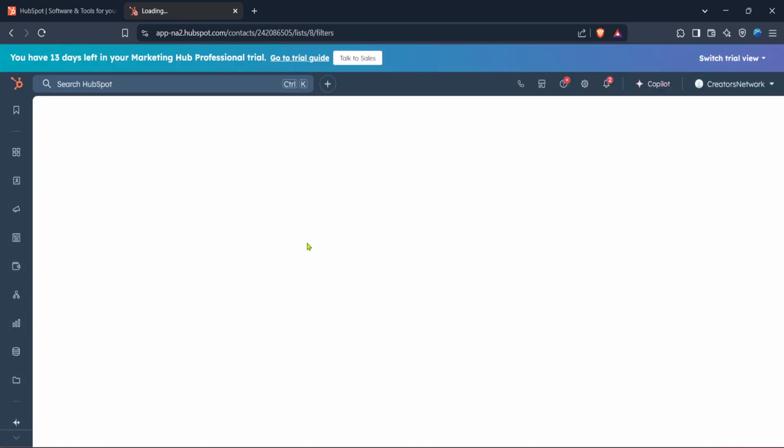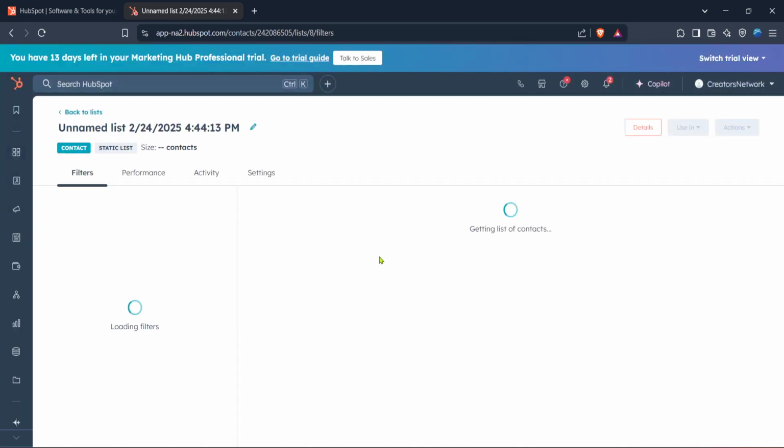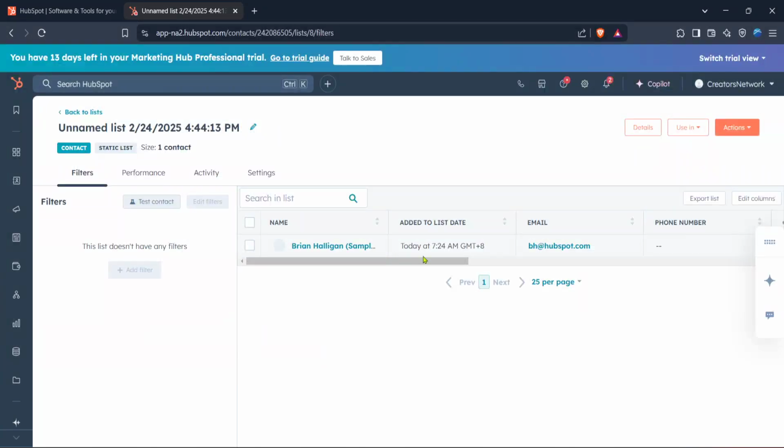To wrap up, remember that managing your contacts efficiently can be the backbone of successful customer interactions and lead nurturing. HubSpot makes this easy by allowing you to categorize and organize contacts with just a few clicks. So with that, you're all set to leverage this feature to its full potential.